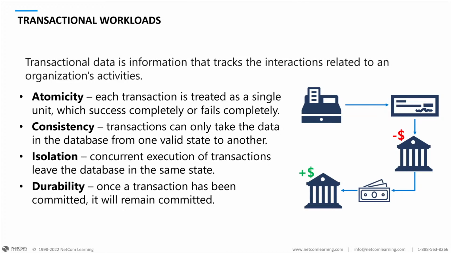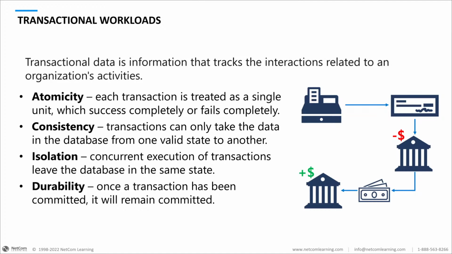Consistency. Every transaction is consistent because transactions can only take the data in the database from one valid state to another. If we use the bank account example again, if I'm transferring money from my savings account to my checking account, I have to make sure that the transaction taking the money out of my savings account can actually be valid, right? And so the only valid states the transaction can be in are success or failure. Successful, I've got money in the bank account to transfer the amount that I want to transfer, or it's unsuccessful because, sorry, it's empty. It just depends on what the transaction is.